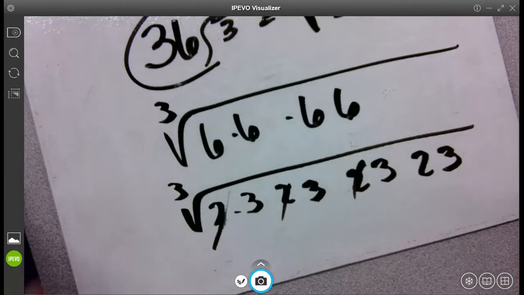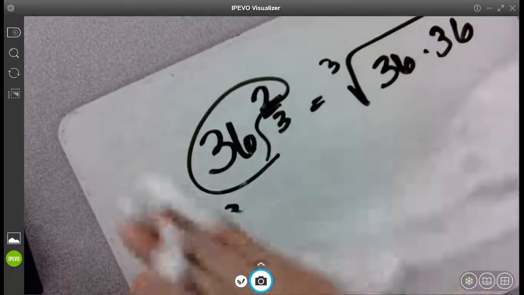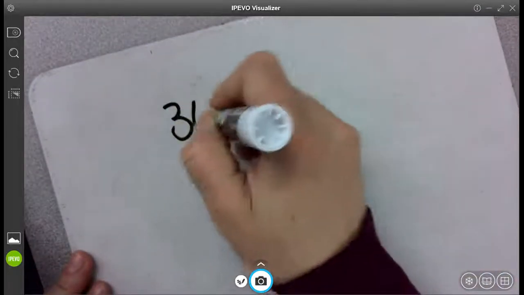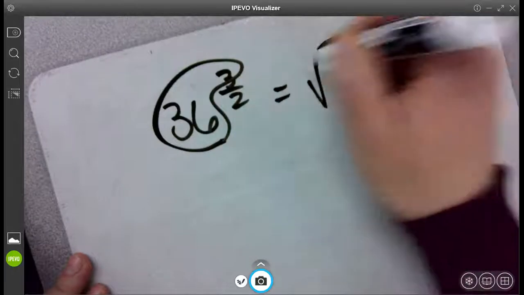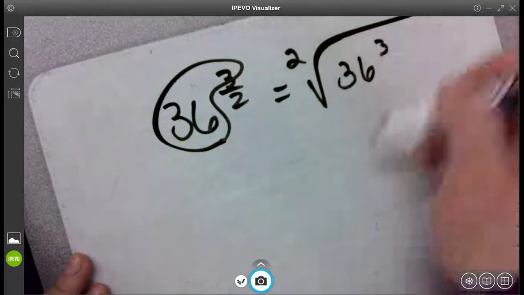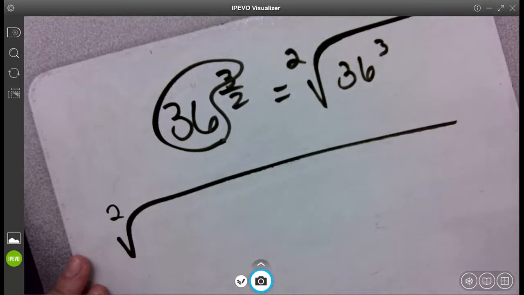Oh, whoops, I wrote the problem wrong. It's 3 halves. I apologize. Let's try this again. It's 36 to the 3 halves, not 2/3. So what it would be is the square root of 36 cubed, which is, you can always pause the video,